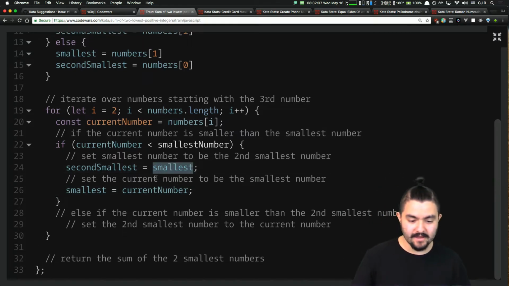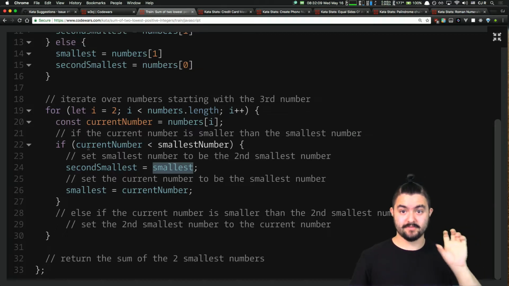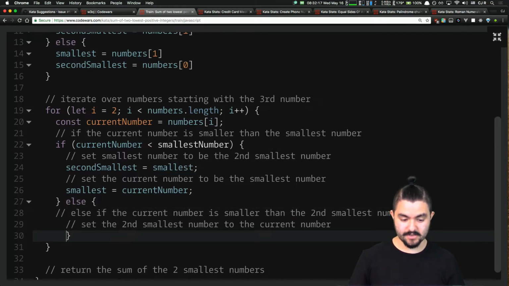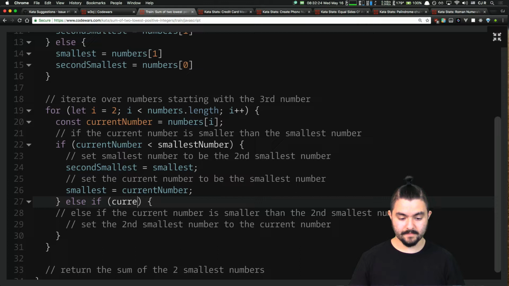Okay. So we have now taken care of, we just looked at this number and we set it as the smallest if it is the smallest. Else, this number might be smaller than the second number. So let's check that. So else, if the current number is smaller than the second smallest number,